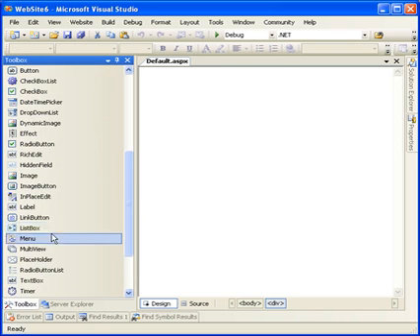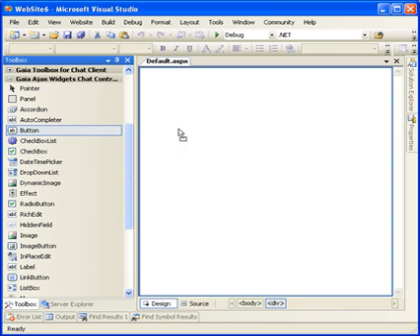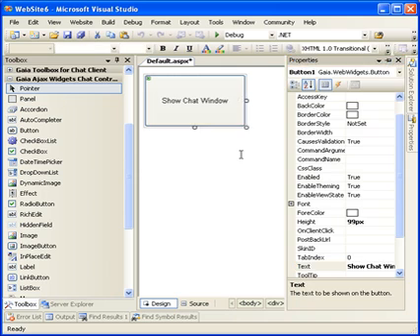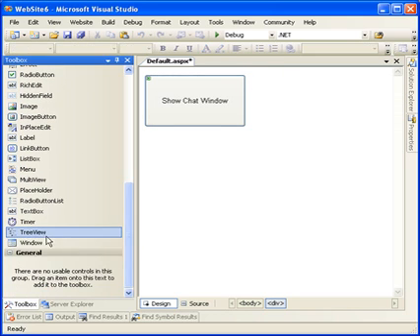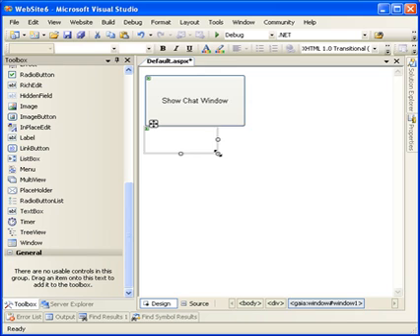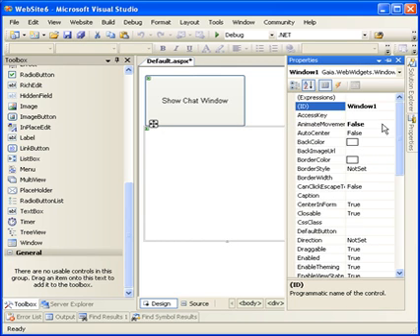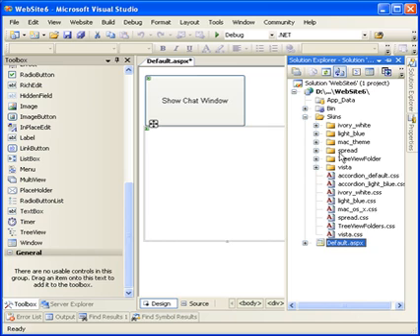I'm going to start with a Gaia Ajax button, which I make a little bit bigger and give a normal text to. Then in addition to the Gaia button, I'm going to add a Gaia Ajax window. I'm going to resize it slightly, give it a caption,